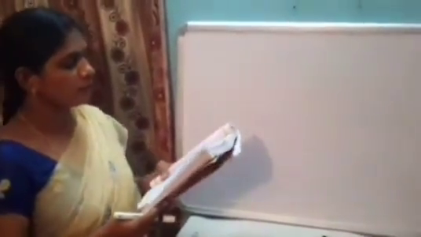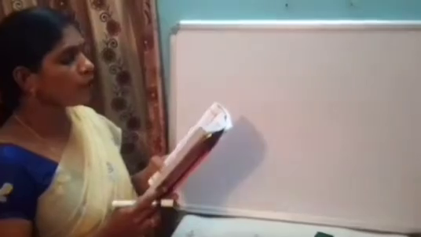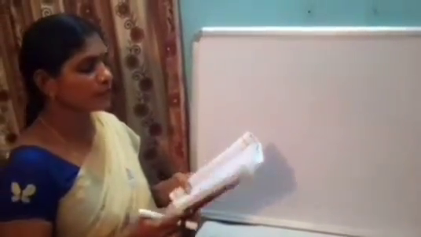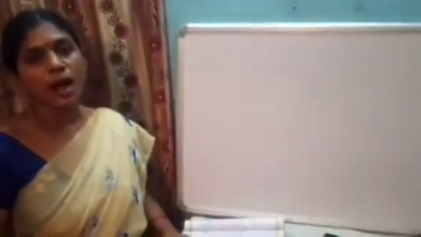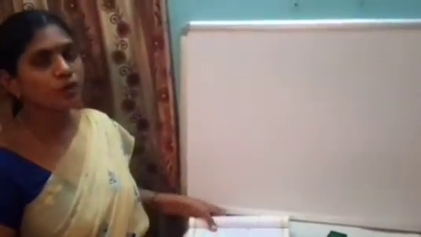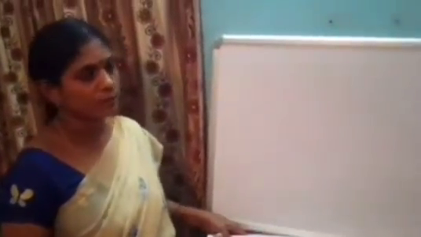Next, think and discuss on page number 129. First question: think how each of the lists given above forms an AP, and discuss with your friends. This question we already discussed. Next we go to the second question: find the common difference of each of the above lists. Think when it is positive. This question also we discussed.